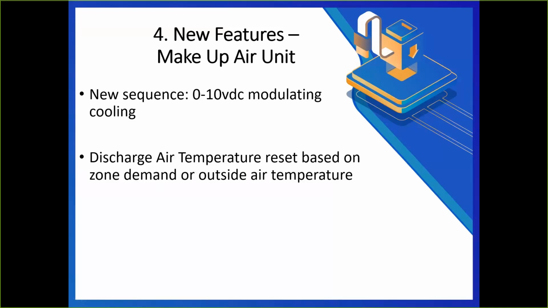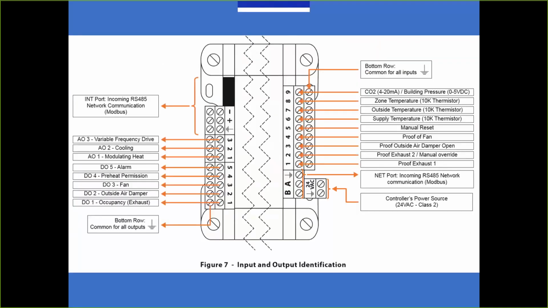We're still going to be talking about the same output here with this AO2. That will be our cooling. It will still give our staged if we want, the 0, 5, or 10, or we can treat it as a full analog and drive a chilled water valve or whatever analog cooling source we might have there. So to take a look at that,